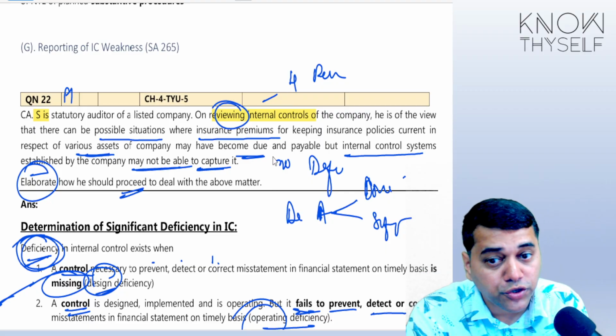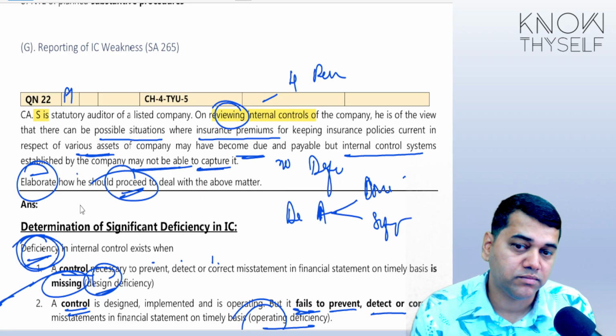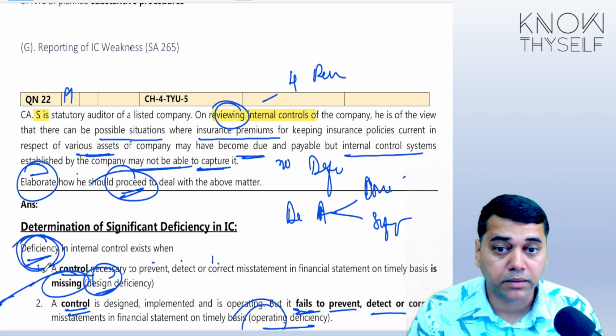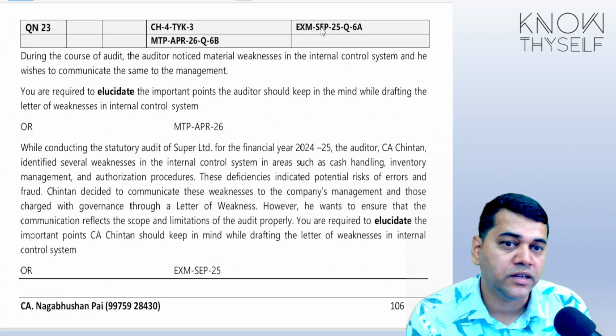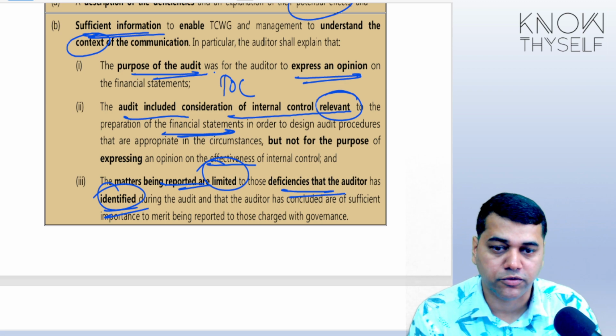Are you supposed to communicate? Is it a communication responsibility? They simply said, how would you proceed? Okay, that's why this type of questions you may have to remember, because apparently from the chapter you may not be able to identify. See, in September 24-25, they had asked one question in the exam also,